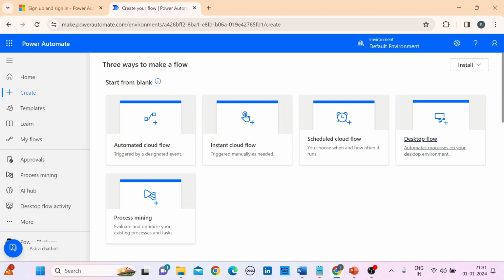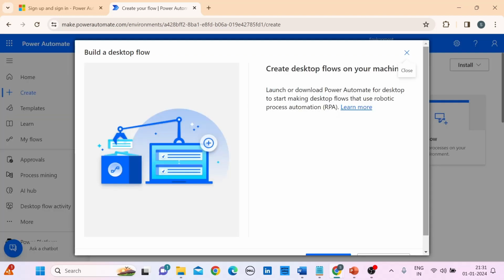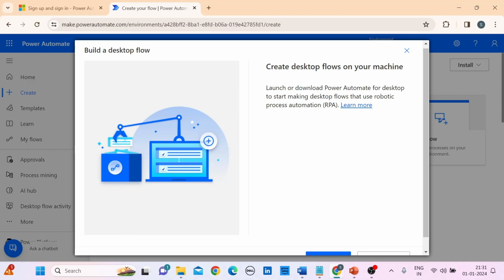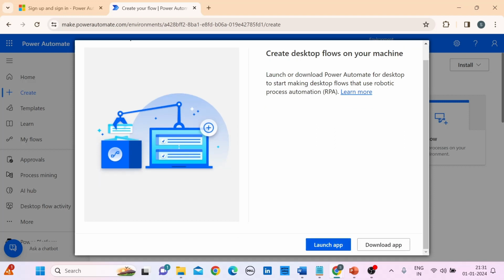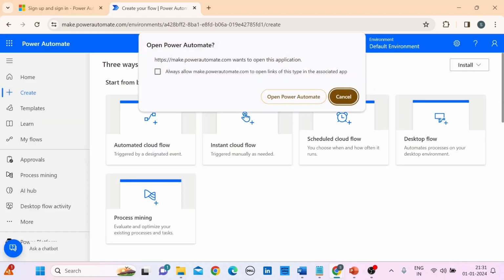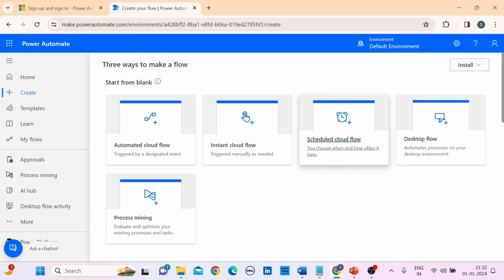So for today's video, we are going to focus on desktop flow. I'll go and click on desktop flow, and it will give you an option of launching an application or downloading an application. I have already downloaded the application, so I'll go and click on launch and click on open Power Automate. As I do it,